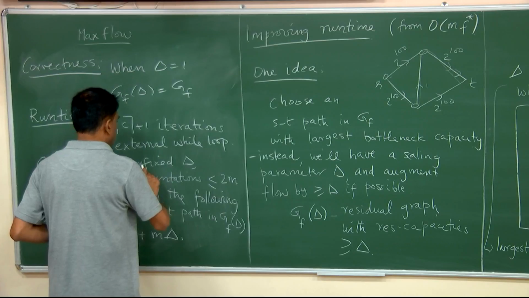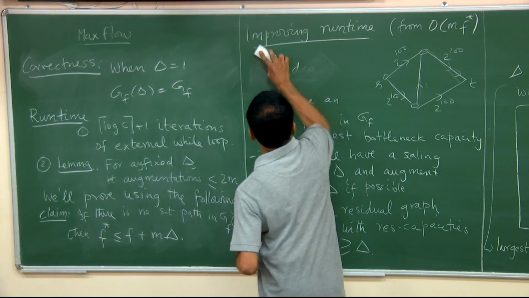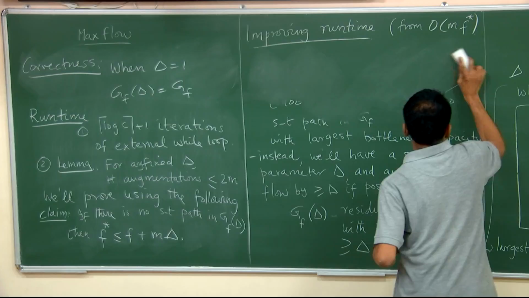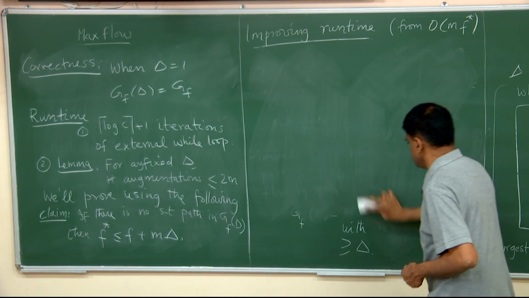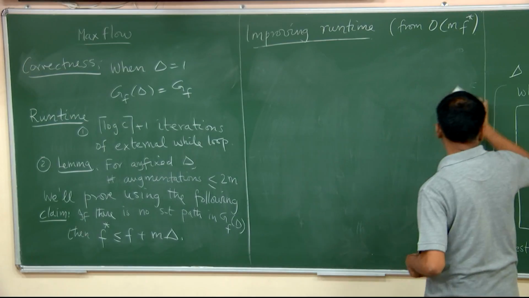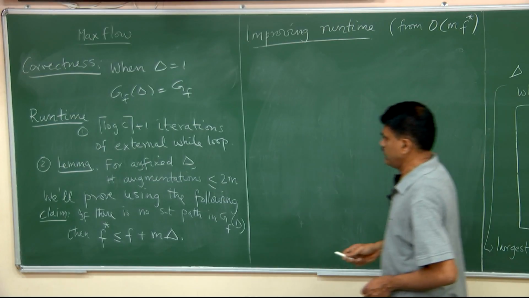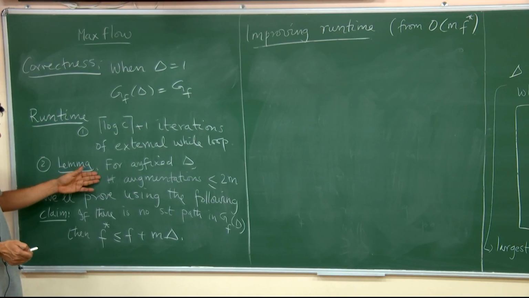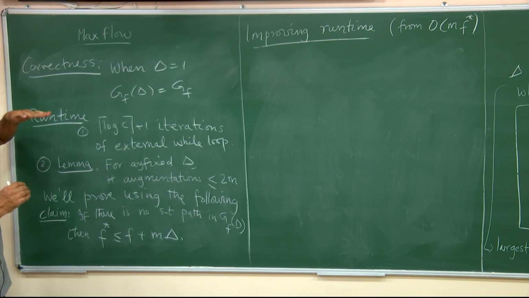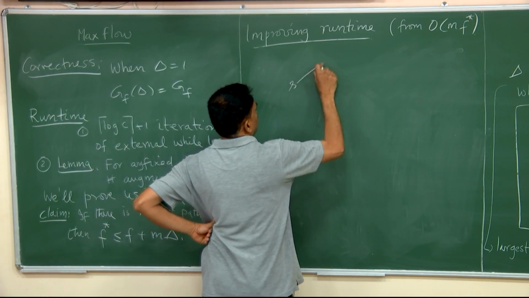So at any point of time, whatever your delta is, see, initially it's true. Why? Because, I mean, let's fix a delta, and you have these edges going out. First of all,